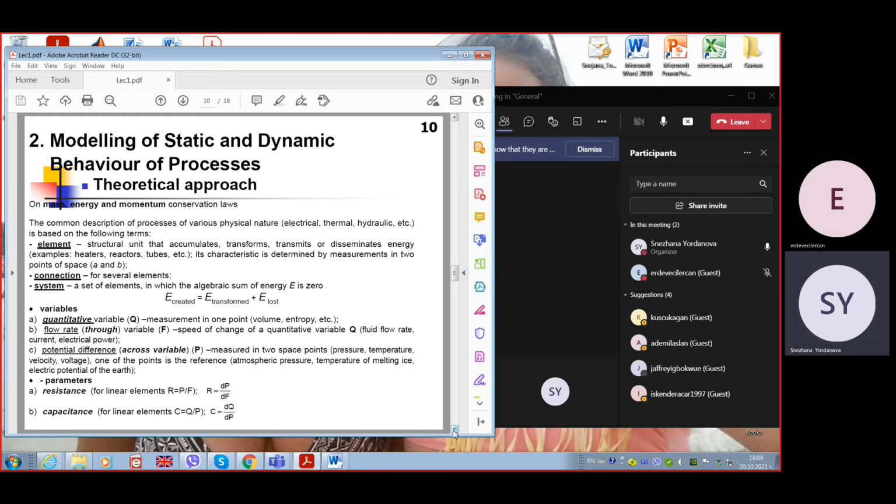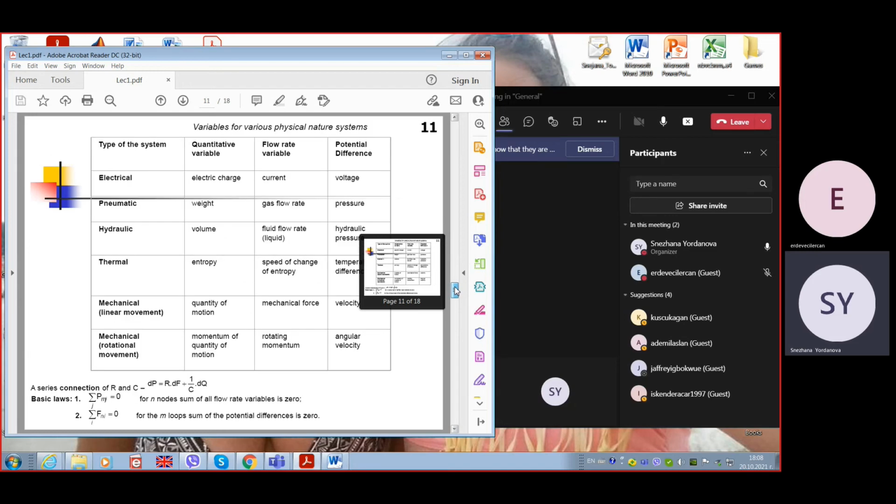Capacitive parameters are analogous to capacitance in electric circuits. They are formed by the ratio of Q, the quantitative variable, over the potential variable, or potential difference. And we also have inductive components, inductive parameters. They are constants, but they are related with inertia, with capacitance, and